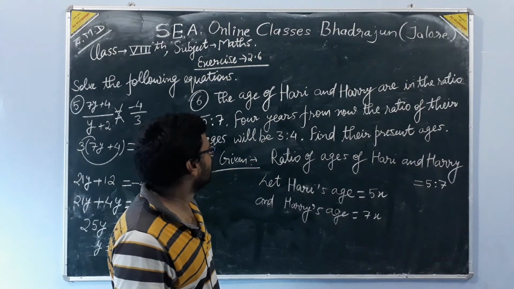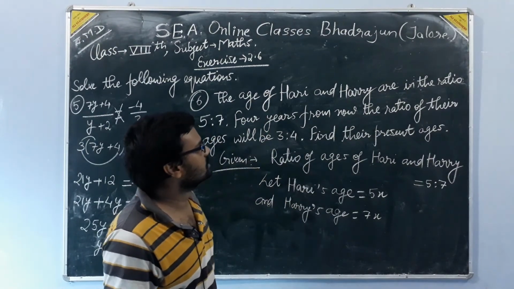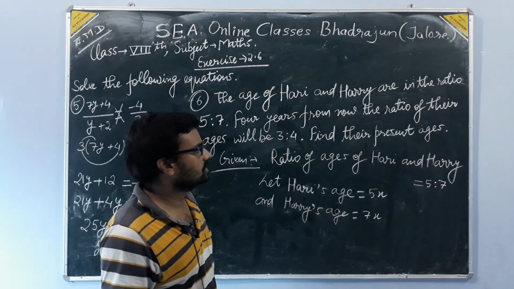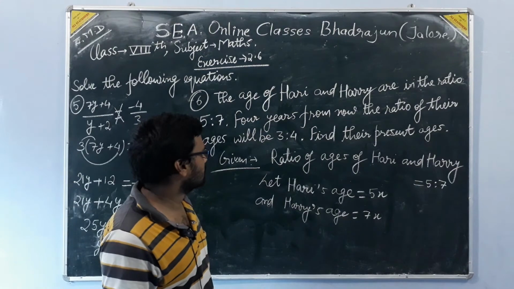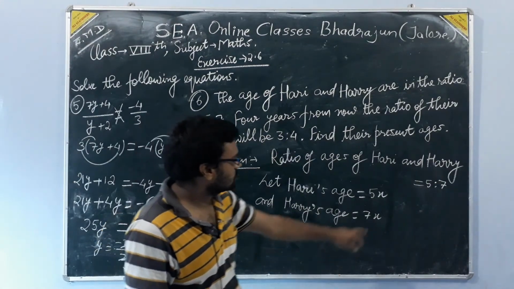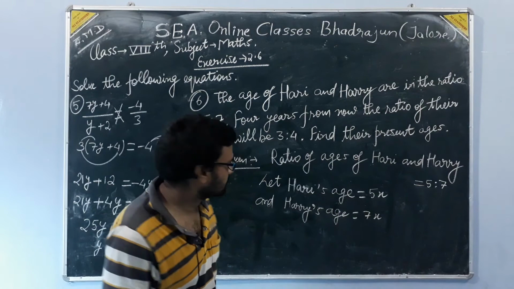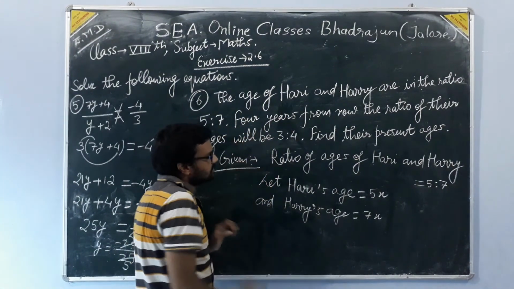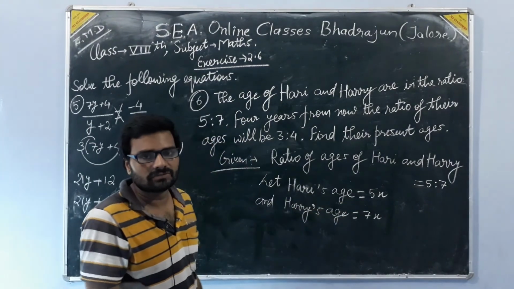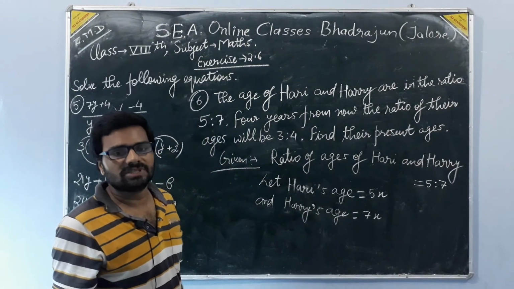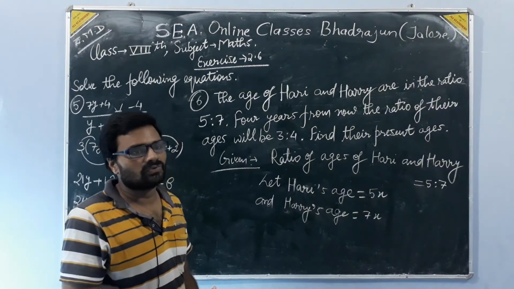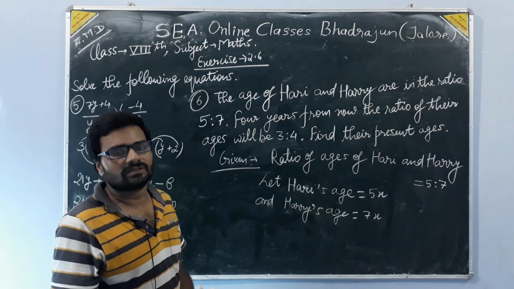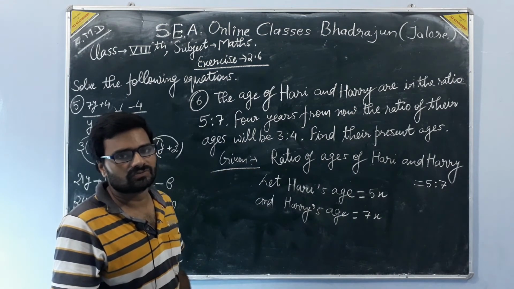Now what we will do is we will take ages 4 years from now, the ratio of their ages will be 3:4. 4 years from now, अब से 4 साल बाद, है ना, उनकी एजेज का रेशियो ये हो जाएगा। तो इसमें 4 ऐड हो जाएंगे ना, तभी तो होगा। प्रेजेंट एज है ना ये, ठीक है। और 4 साल के बाद एज क्या होगी, अगर मैं आज की डेट में सपोज 20 का हूँ तो 4 साल के बाद 24 का हो जाऊँगा। आप लोग अगर आज की डेट में सपोज 12 साल के होते हो, 4 साल के बाद 16 ईयर्स के हो जाओगे। 12 + 4 is 16.